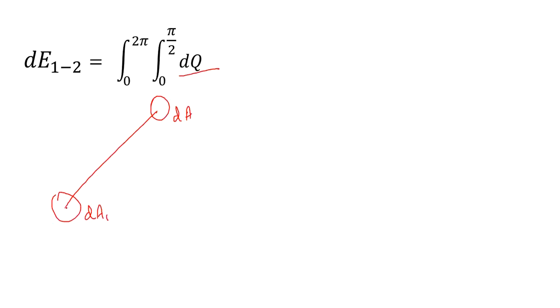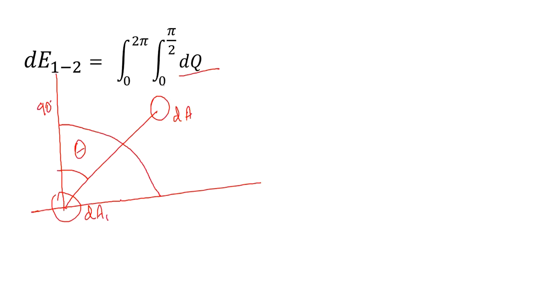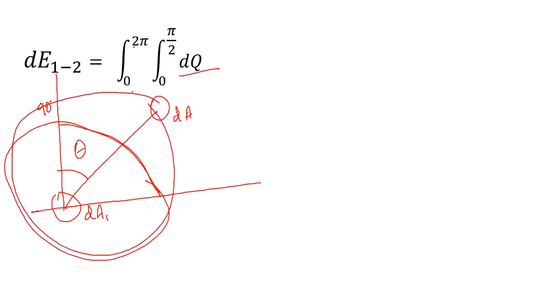Now see how it happens. This is at a certain angle theta. Therefore it is 0 to pi by 2, 90 degrees, and then we have to calculate throughout the body, that is 0 to 2 pi. This should happen throughout the body, 0 to 2 pi. Here to here it is pi, and then here to here it is pi again. Therefore 0 to pi for theta, and then 0 to 2 pi, that is angle phi.